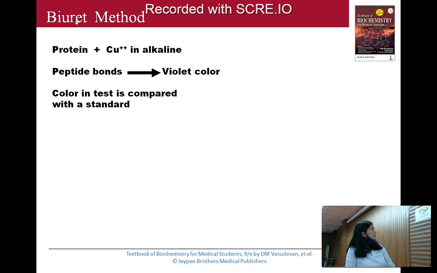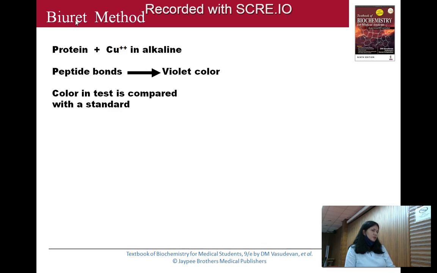In the color reaction tests of amino acids, do you remember the xanthoproteic test? It is used to identify which amino acid? Any idea? Okay, so different types of amino acids can be identified with different tests. Remember, the xanthoproteic test is used to identify tryptophan. So whenever there is any tryptophan in a protein, it is identified by the xanthoproteic test. Then the nitroprusside test is used to identify the cysteine molecule. Clear? What about the ninhydrin test? The ninhydrin test is used to identify the alpha amino group.